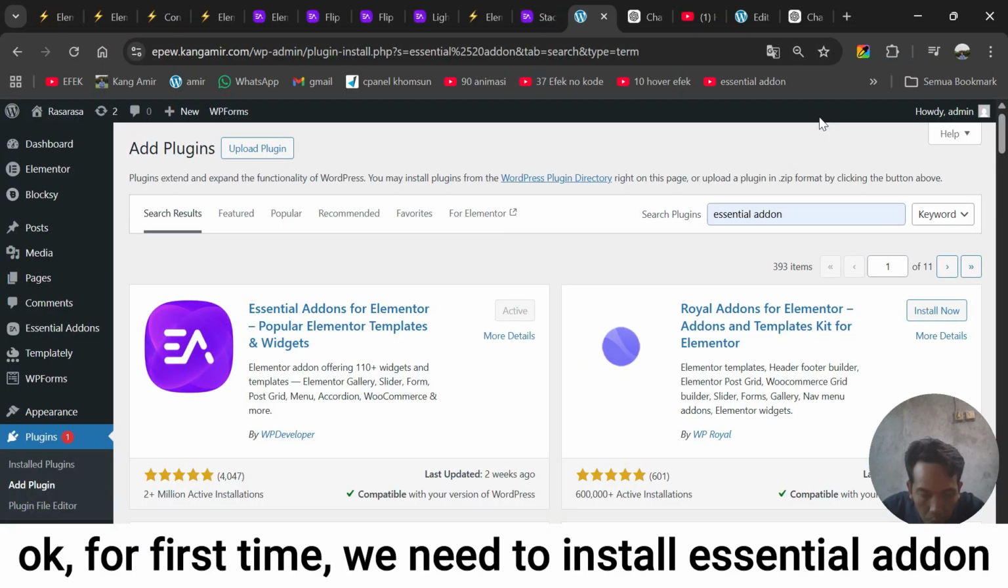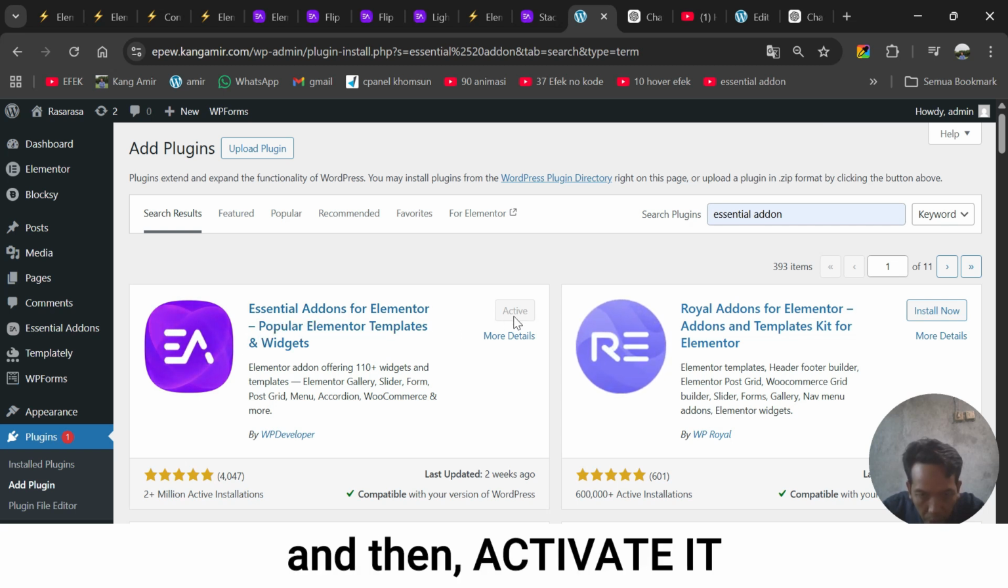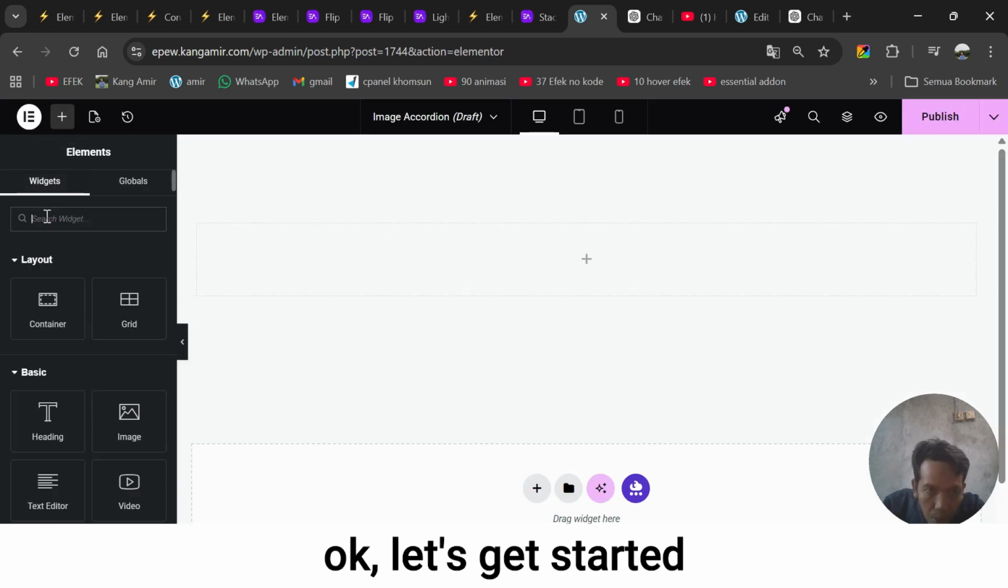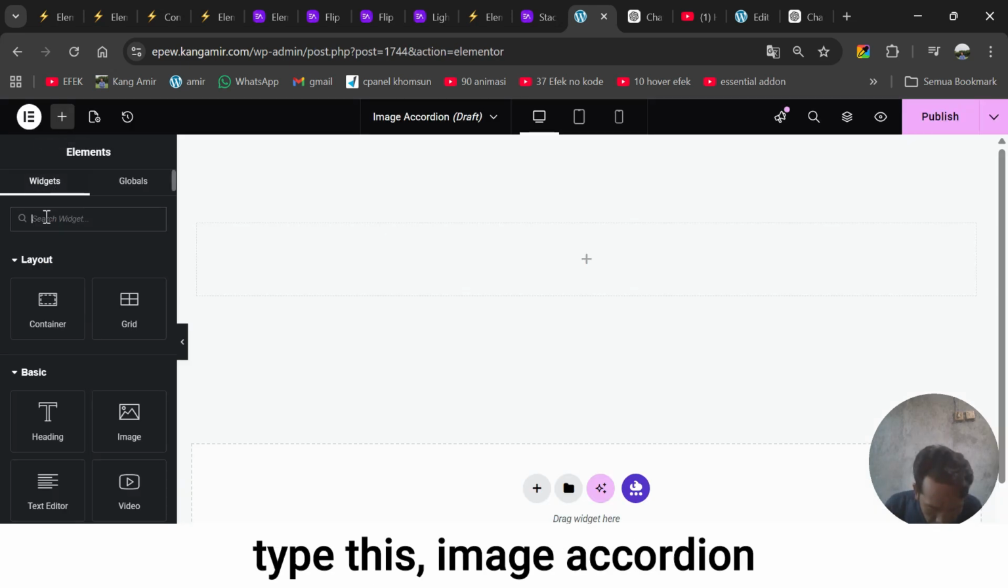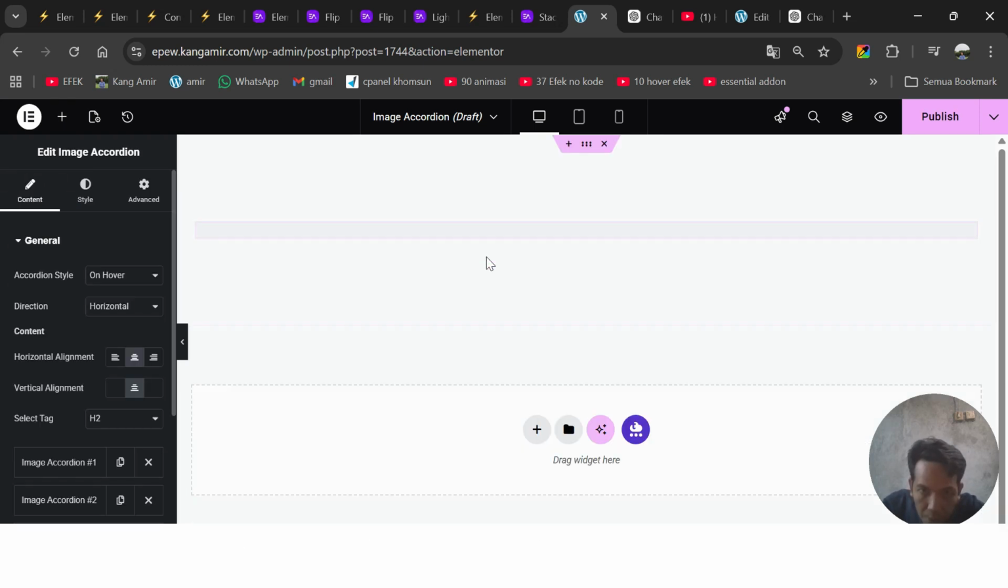Okay, for the first time, we need to install Essential Addons for Elementor and then activate it. Okay, let's get started. Type image accordion like this and drag it here